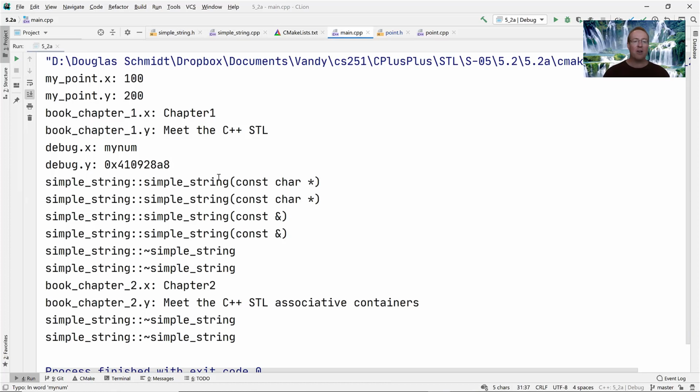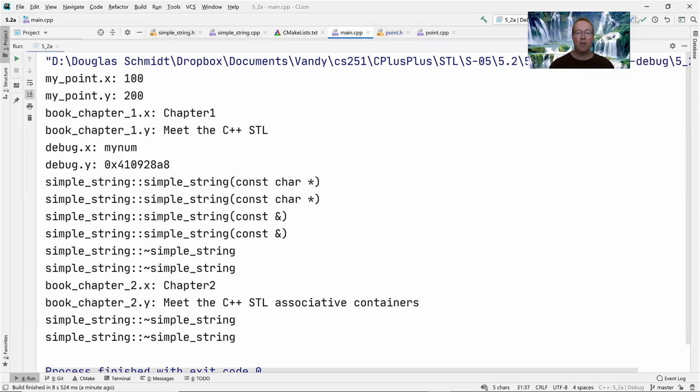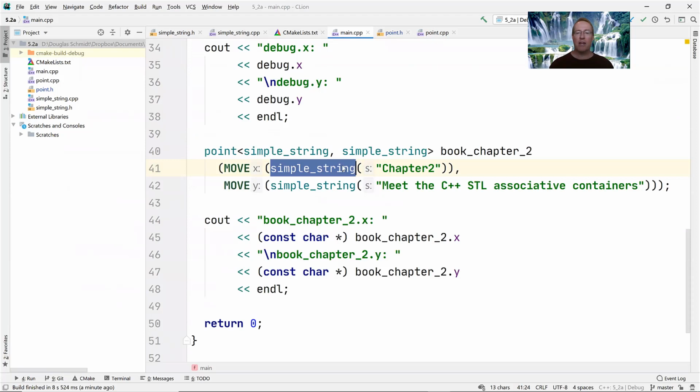If you take a look here, you can see that this is what's used to create the point using the pair, using the regular copy constructor semantics. So if we just go back over here for a second, if you take a look at what main is doing, you can see that we're giving it a simple string with a const char star, and that of course is what's going to trigger